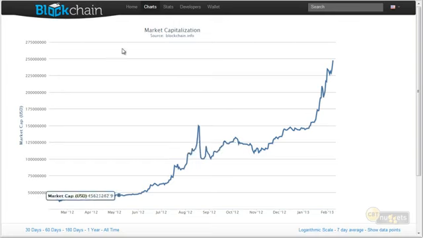Another interesting chart while we're here at Blockchain is the market capitalization. This is basically taking all the Bitcoin that's currently been released at the current exchange rate in US dollars, what would it be worth? And the answer is, today it's currently trading at about $22 or so. And this is saying that if you took all the value of all the Bitcoin at the current exchange rate, it's almost $250 million. Now I can tell you this, at Christmas time, at the end of 2012, it was about 150. So as more people buy into Bitcoin and can start to use it and purchase it and trade their fiat currency for Bitcoin, that's what drives the price up. It's basically supply and demand.